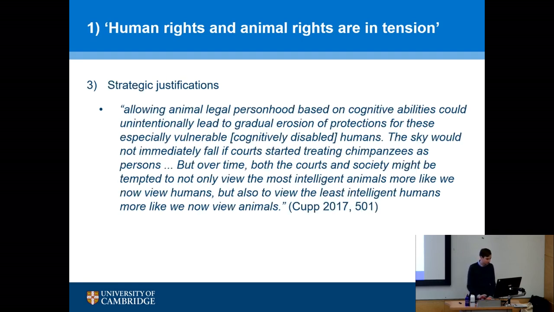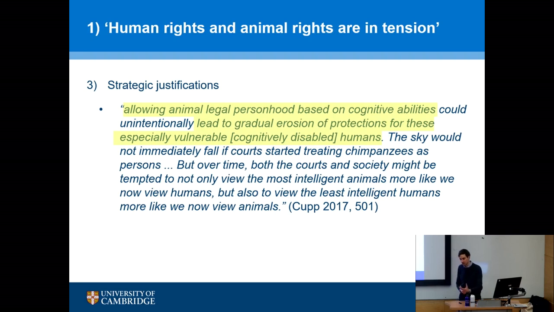Another problem. Finally, there are strategic justifications. Richard Kapp, who argues against the non-human rights project, has been, I think, a defender of such a strategic approach, trying to say only humans should have human rights. Animal rights are in real tension with them. He puts it as follows. He says, allowing animal legal personhood based on cognitive abilities. Right? He's referring here to the